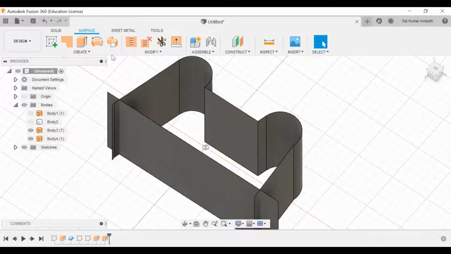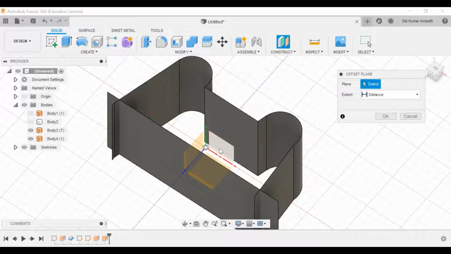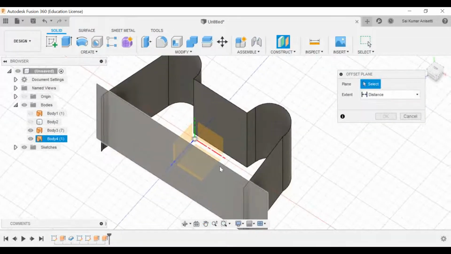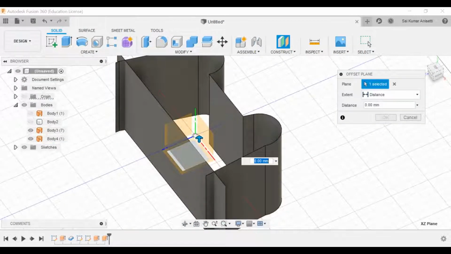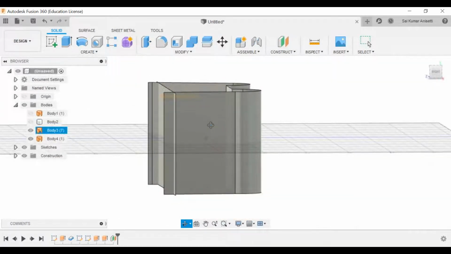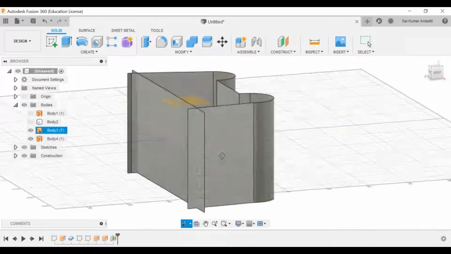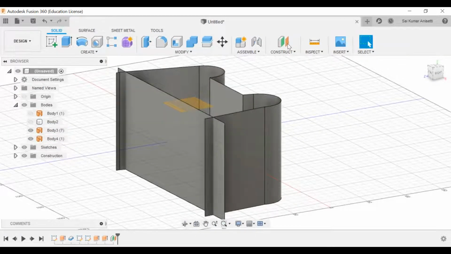Okay, now go to solid. Now create two planes. I'll say why we are creating these two planes. Actually, we will create a plane which is 50 mm above. I'm creating a plane which is 50 mm above, and also another plane which is 50 mm below.